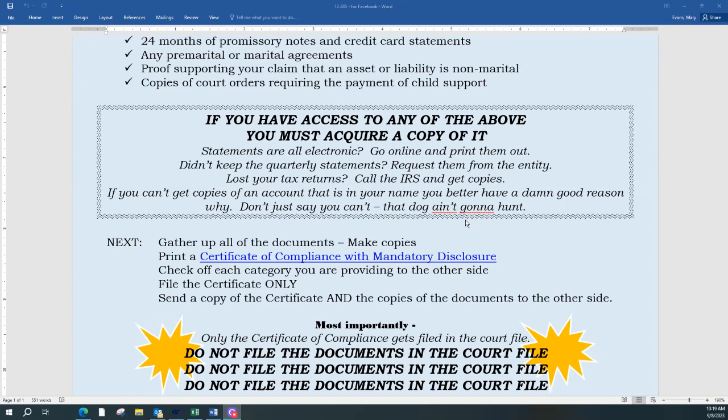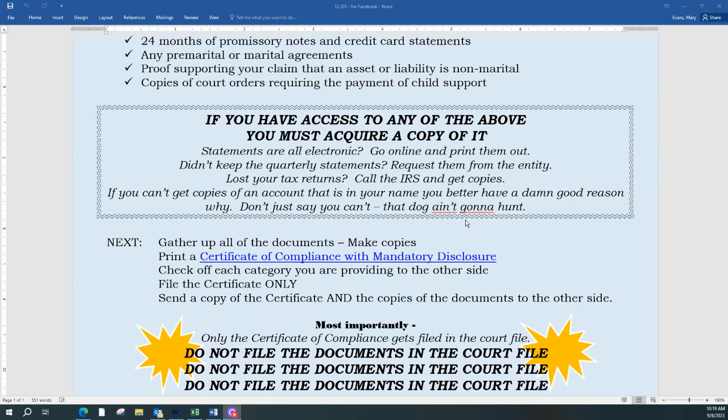If you're not working, then you need to state why you're not working, but that'll be on your financial affidavit, not on the certificate. It can't hurt, if you don't have something to put on the certificate of compliance, to put a second page. You could say, see page 2, and explain why you don't have something or why you can't get it. So you're going to complete your certificate, and the certificate only is going to get filed. Now, if you do a page 2 explaining why you don't have something, that's going to get filed too.